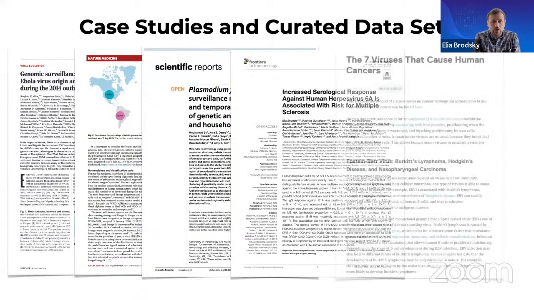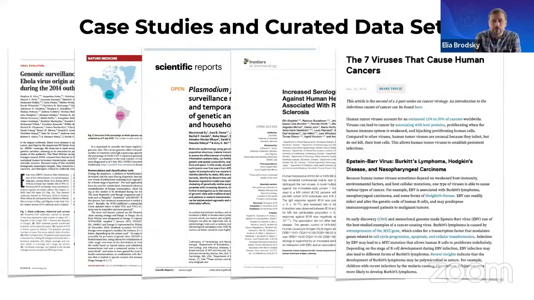We'll also take a look at how these types of observations are relevant in diseases like cancer, where Epstein-Barr virus and others have been found to play a major role in the onset and maybe development